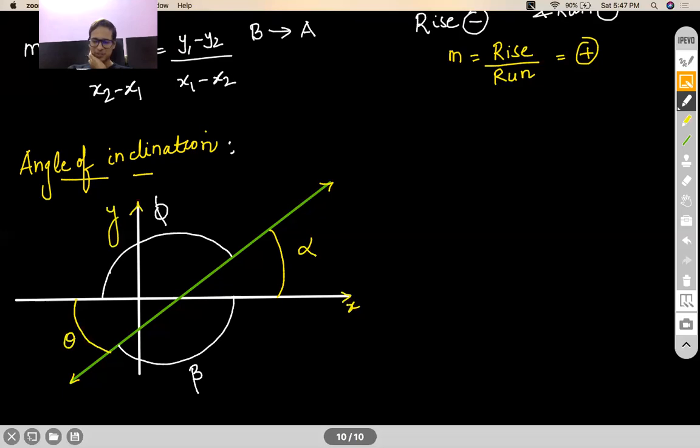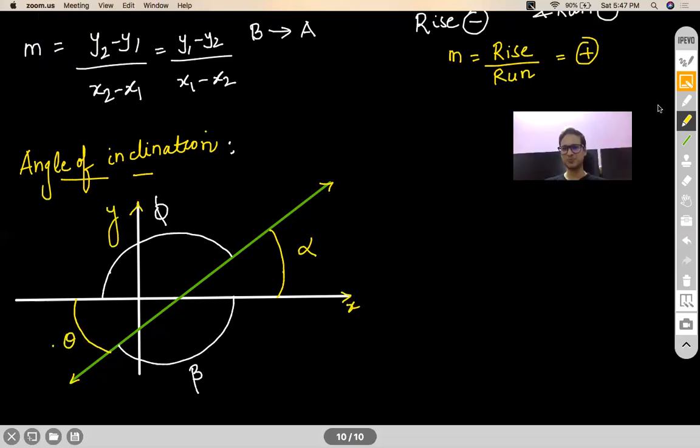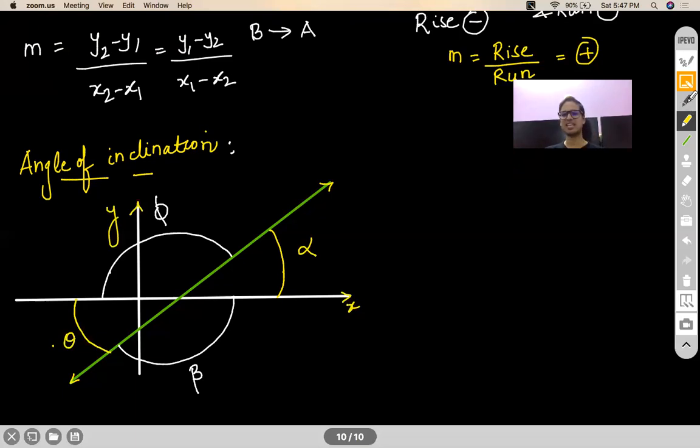Alpha and phi both. Okay, so a particular line has two angles of inclination? That means you people have not studied this concept properly. Yes, Aditya, the answer is theta or alpha. You can state either of the two. Now see, get the definition correct. This is not the angle of inclination. Angle of inclination is either alpha or theta. In fact, both are the same because they are vertically opposite.